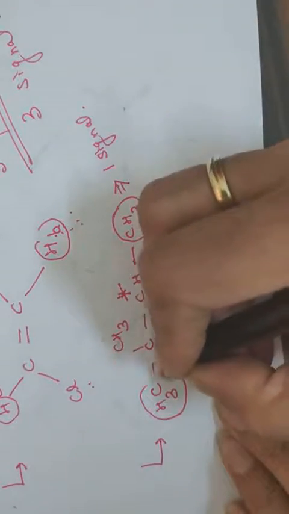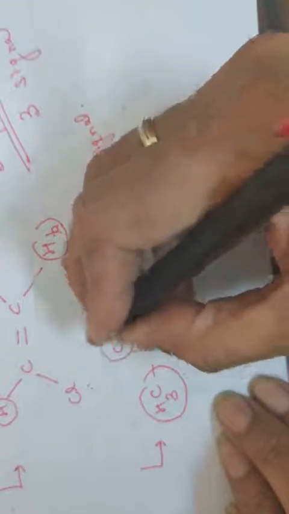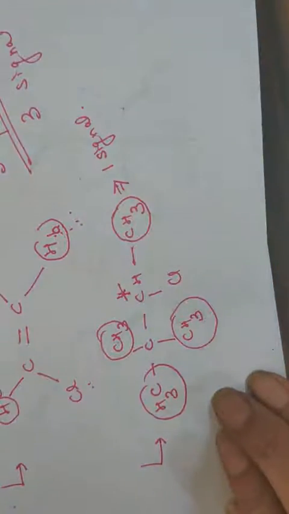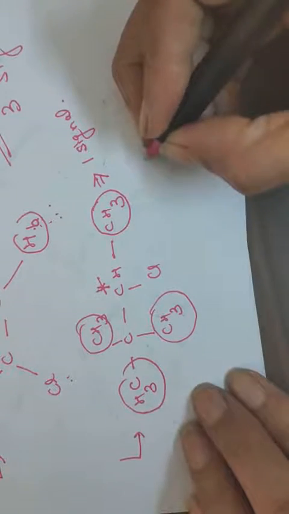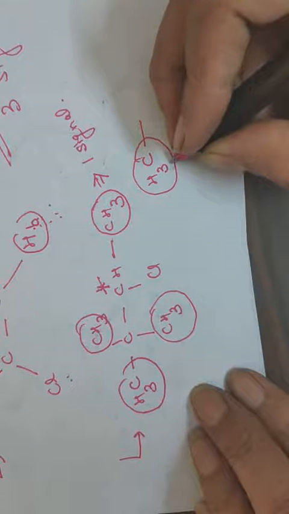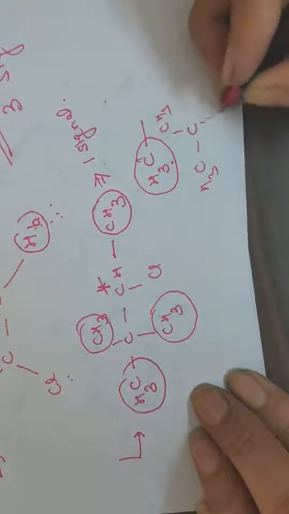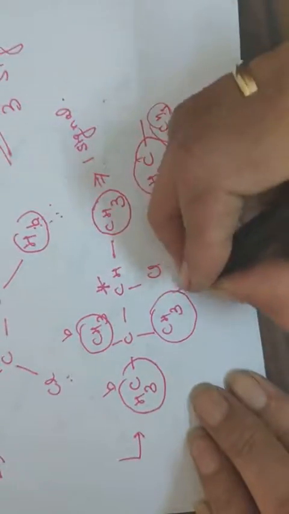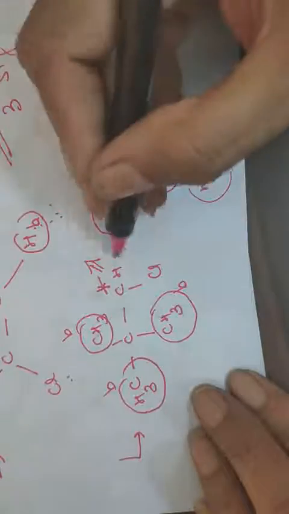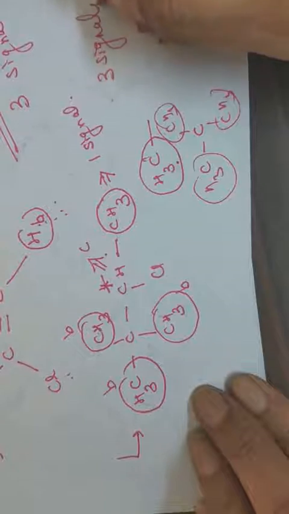This CH3, this CH3 and this CH3 are similar to each other. Why are these similar? Because in a CH3 group, all 3 protons are identical to each other. So even if in place of 3 hydrogens you have CH3, CH3, CH3, these will be similar to each other. So this will be B proton, B proton, B proton, and this proton will be different because it is present in a different environment. So in total you will have 3 signals in the NMR spectrum.